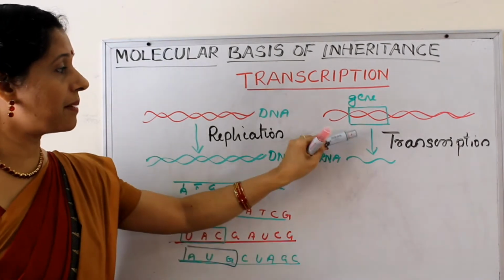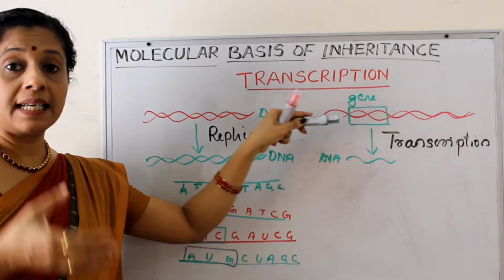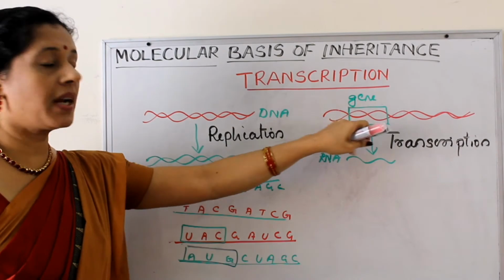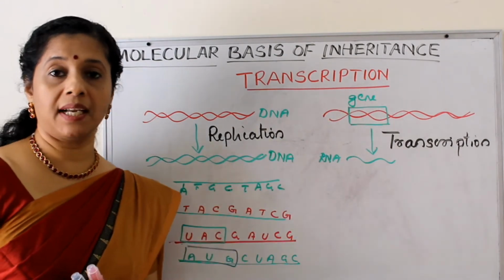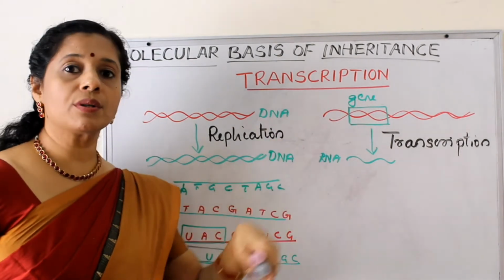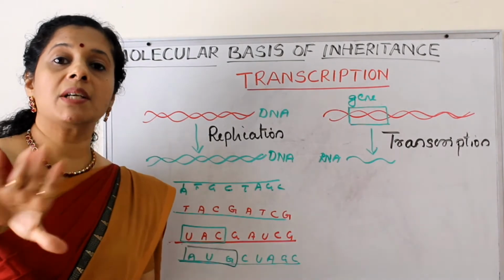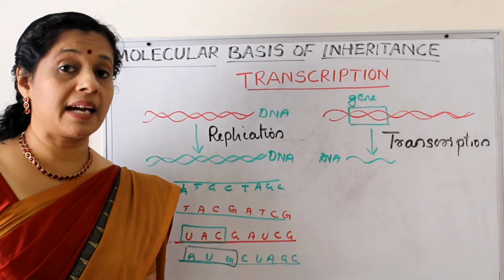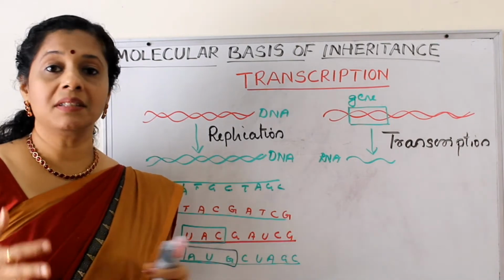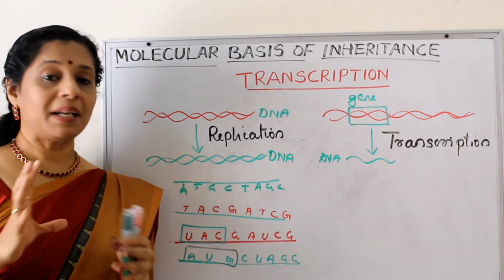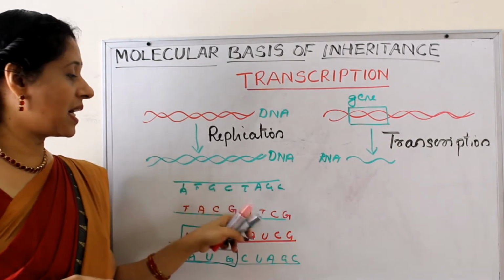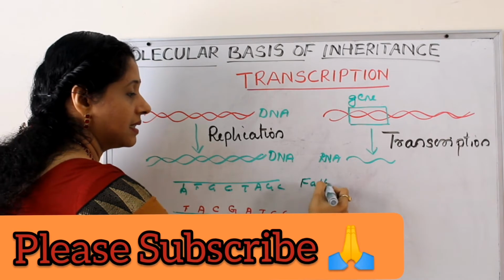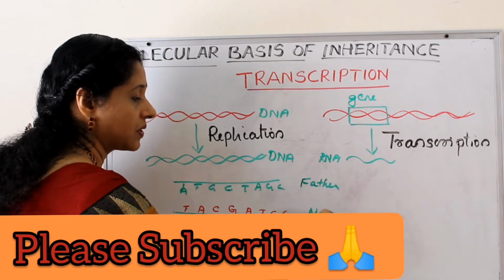For example, as I mentioned, if this gene is going to produce salivary amylase. So if one strand is giving the code for salivary amylase and the other strand is also being copied, but it has information for some other enzyme, then what will happen to our metabolic reactions? Everything will become confused. Or imagine these two strands are like your parents. So the first parent, father is here, mother, two strands.